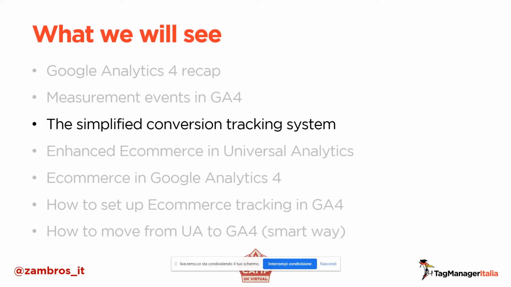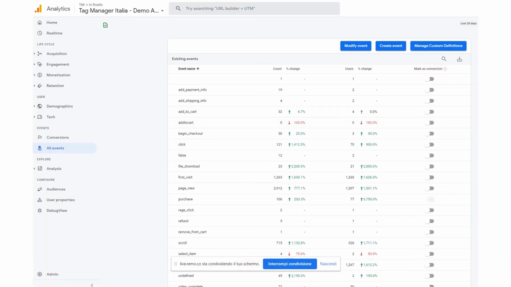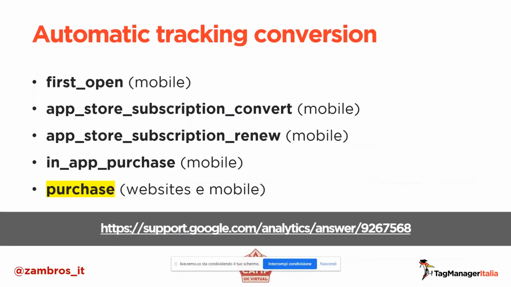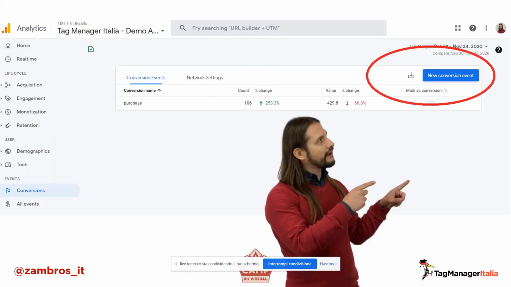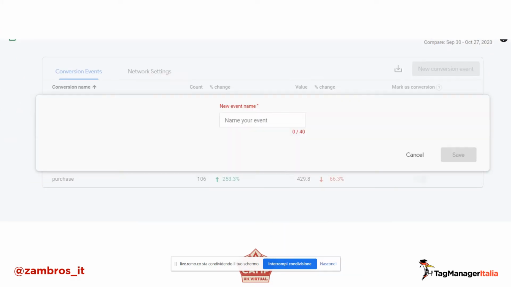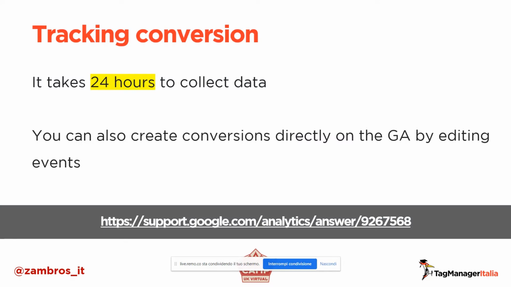Let's take a look at the simplified conversion tracking system in GA4. In GA4, making a conversion is really simple. Just go to the all events menu and enable the name of the event you want to convert for. These are the automatic conversion events in GA4. And of course, we have the purchase event, so you cannot disable this type of conversion. You can also create a new conversion event. To do this, just input the new event name, and to see the conversion in GA4, you have to wait